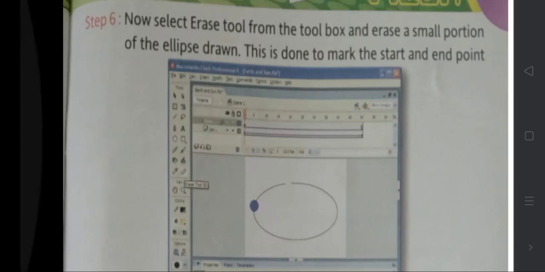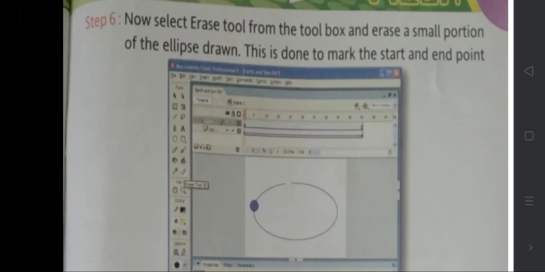In the circle a small cut is here, that means the object, the earth, will start from one end and go to the other end, that's it. So it will not be a cyclic motion, it will not do a loop again and again.